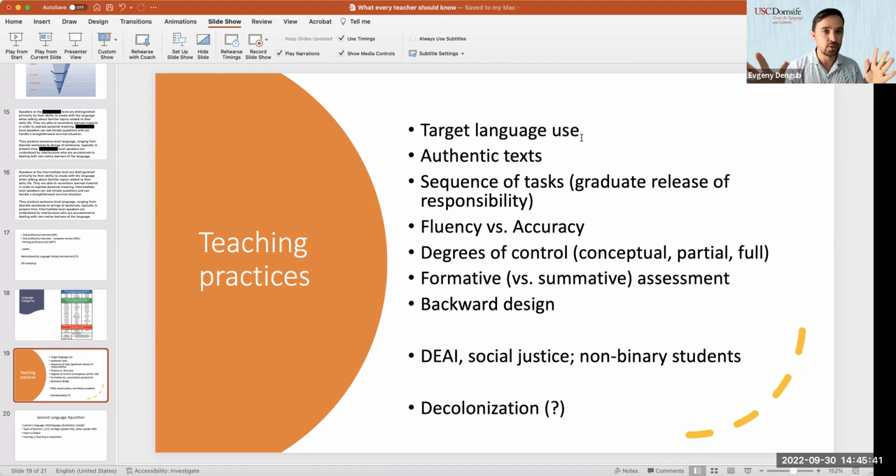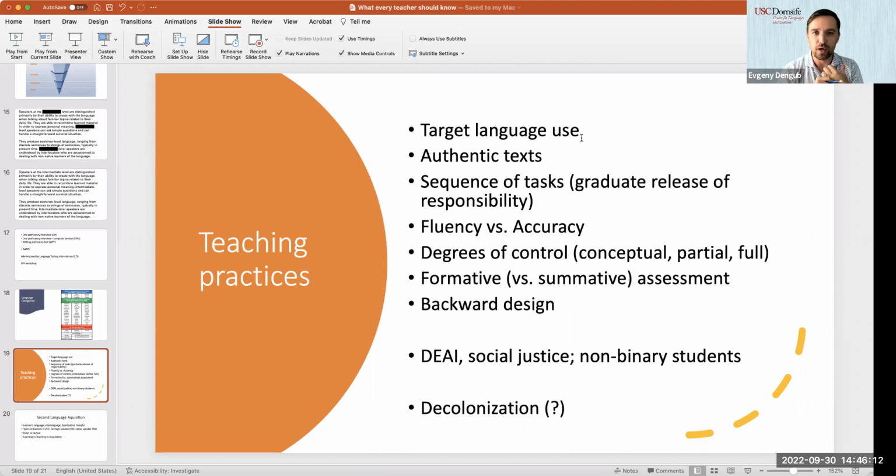And there should be a time in your class when you tell your students, I'm not correcting any mistakes, so just speak as much as you can, just pour language, just go for it. And there should be times when you say, okay, it's the accuracy time, so we will try to really produce accurate language and focus on the grammar.